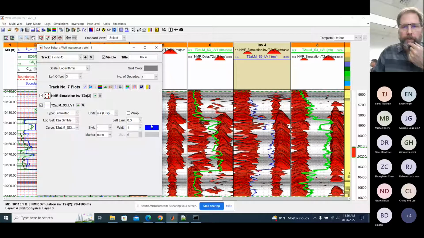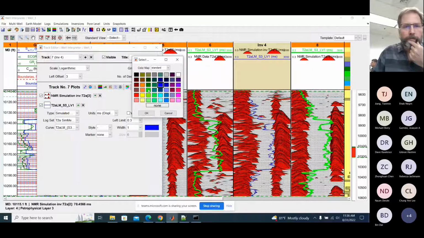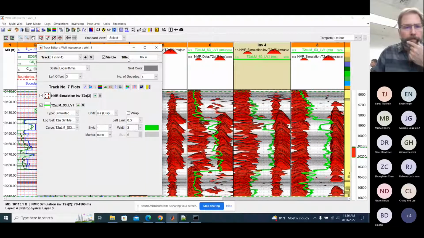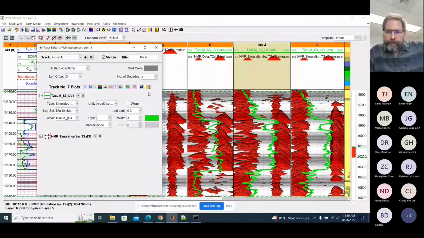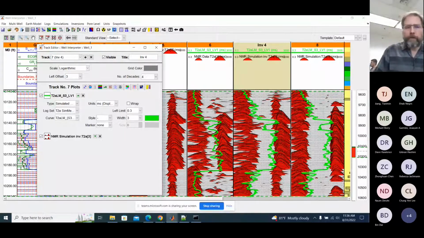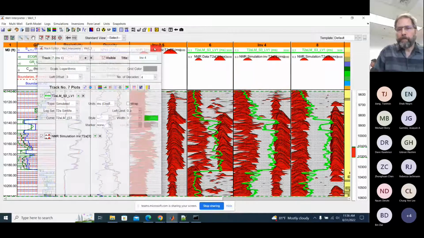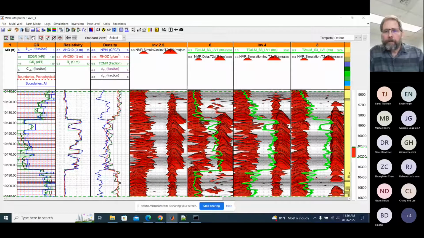I'm just going to get this to look like the other one. Okay, so anyway, this kind of shows you the effect that you can have with the invasion and